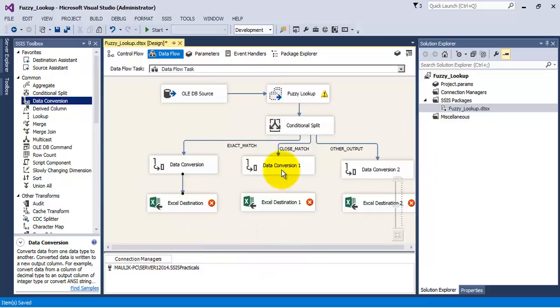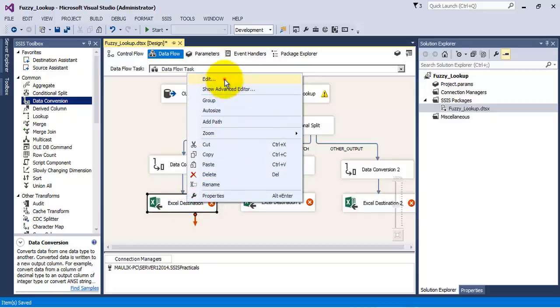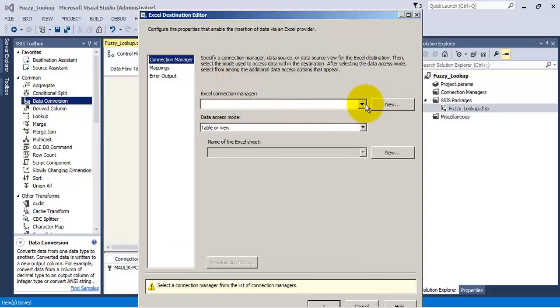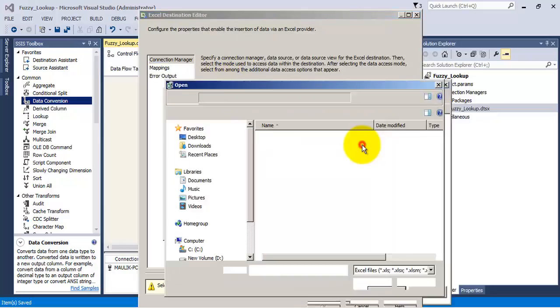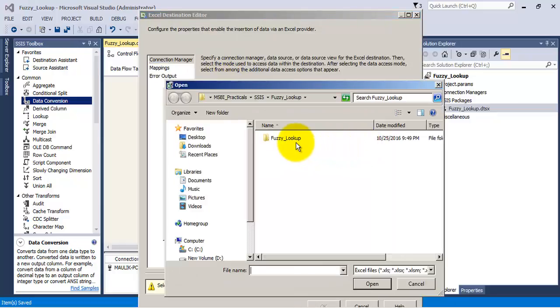Now let us connect this data conversion task to our Excel destination task. And let us point our Excel destinations to a valid Excel file to get the output of this particular package into our Excel tabs.